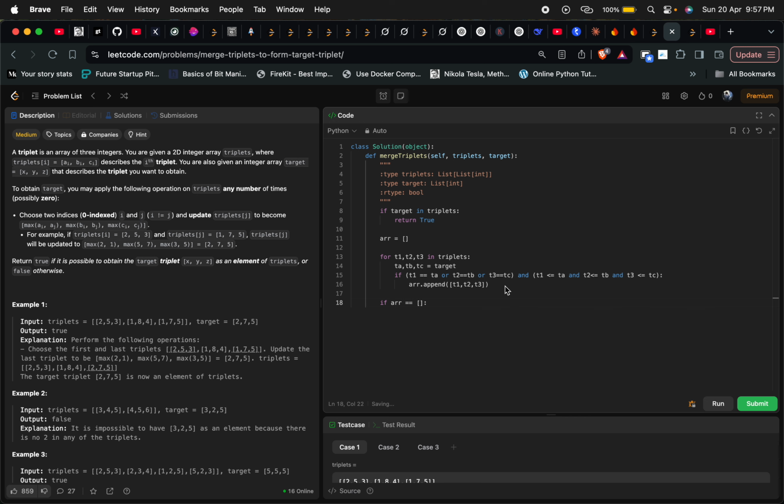So if our array is empty after performing these operations, that means that we cannot achieve the target because there is not a viable triplet to perform the operation on. So in that case we are going to return false. Next we are going to take the first element of the array that we have filtered out. So we are again going to iterate over that array, and we are extracting these 0th, first and second index like this,